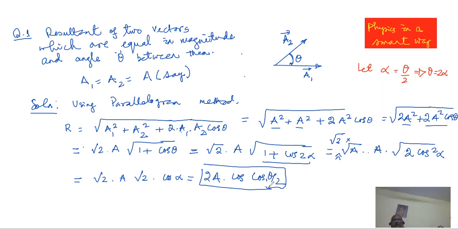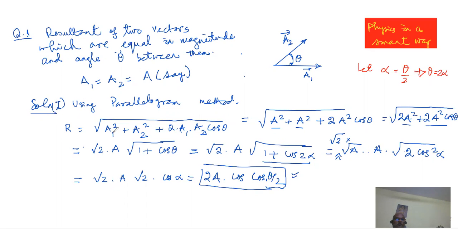But as you see, you have to go through 3 or 4 steps, and still one issue is left unresolved. We found the magnitude of the resultant, but so far as the direction of the resultant is concerned, we have to work on it. We don't go in that way. We stop here. There are some other ways which can quickly help us in finding the direction. This process seems to be a bit tedious one. So that is solution 1 using the parallelogram rule or the cosine rule.